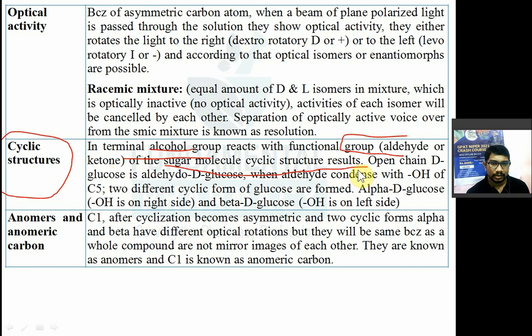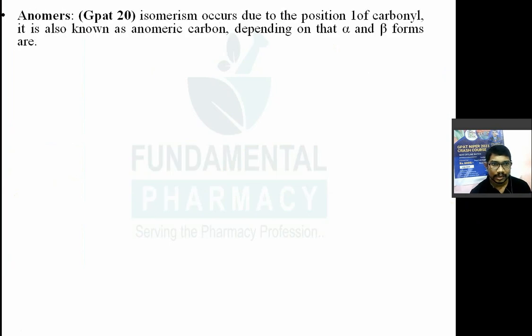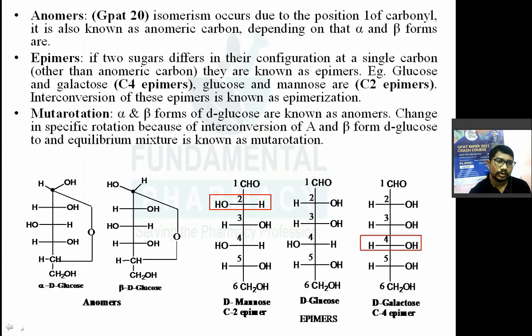Okay, now that cyclic structure has two configurations. So it is known as alpha D glucose or beta D glucose. I will explain that using structure. Now the next one is the anomers and epimers. So first I will explain that cyclic form of structure. You can see over here the cyclic